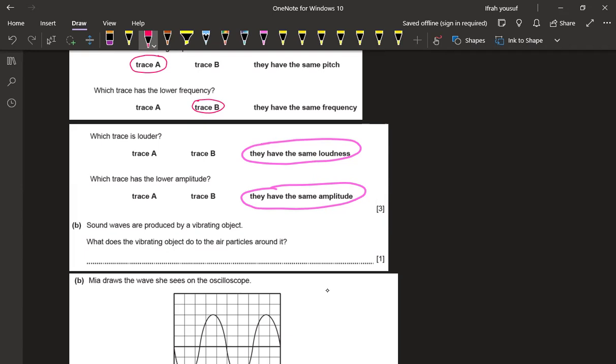तो वाइब्रेटिंग ऑब्जेक्ट आपका क्या था, जो हम सोर्स ऑफ हैंड था, हम जब अपने सोर्स को मूव कर रहे होते हैं, वाइब्रेट कर रहे होते हैं, तो पार्टिकल्स को क्या करता है वो बैक एंड फोर्थ करता है, राइट, बैक एंड फोर्थ, और कंप्रेशन और रेयरफैक्शन।